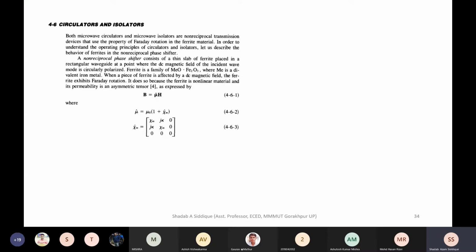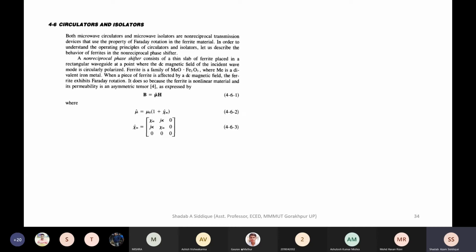Before going to the circulator, we have some ferrite which is used in it. Ferrite material in the rectangular waveguide. We have the metal which is used for the Faraday, and it is basically doing the Faraday rotation. If we insert a TE10 mode in the rectangular waveguide, we will get a circularly polarized wave. In the circulator and isolator, as it propagates inside, it becomes circularly polarized.